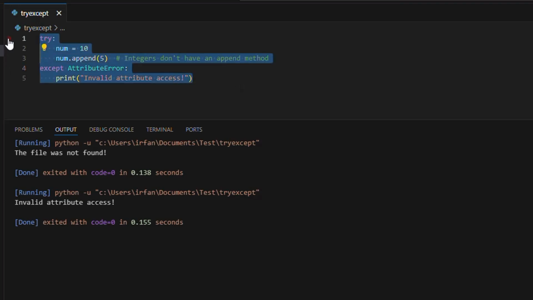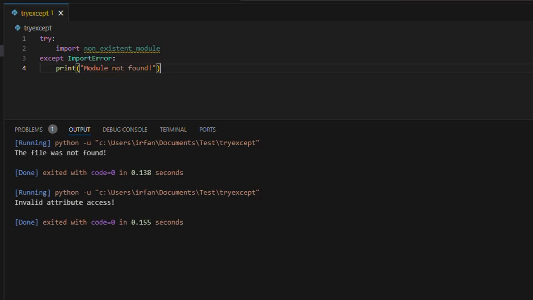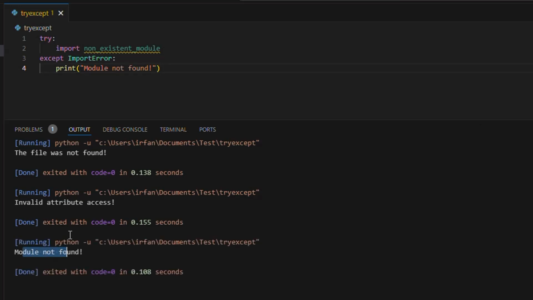8. Import error. An import error occurs when Python fails to find or import a module. This can happen for several reasons, such as the module does not exist, the module name is misspelled, the module is not installed, trying to import from an incorrect location,